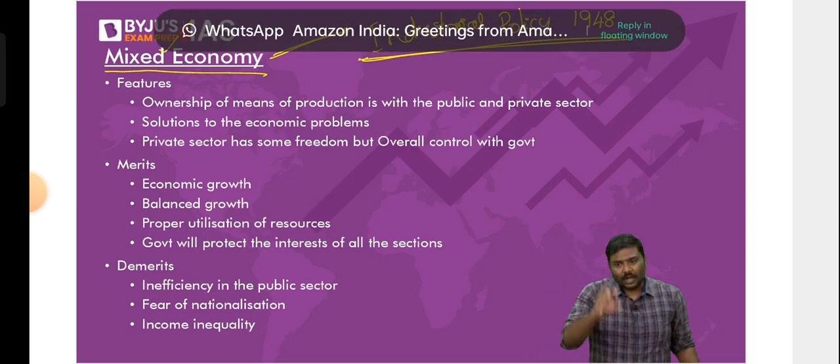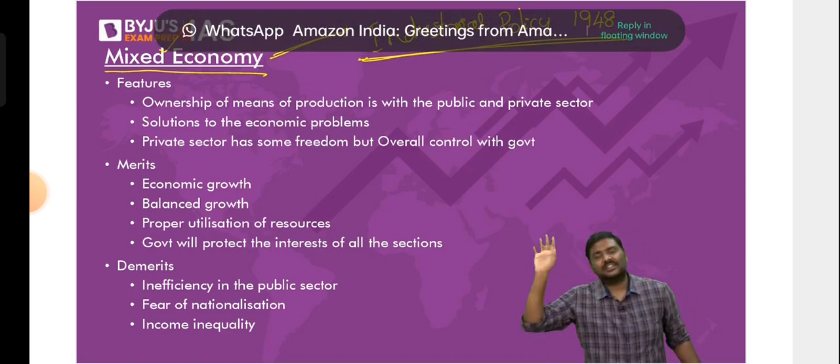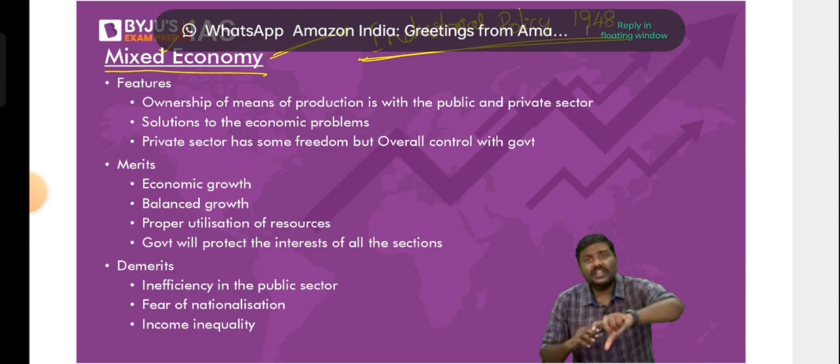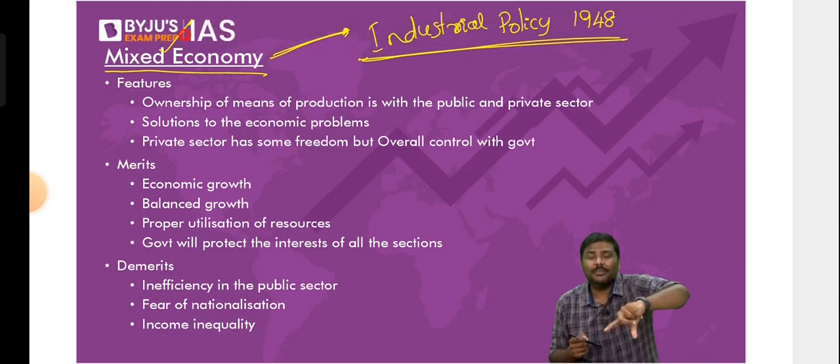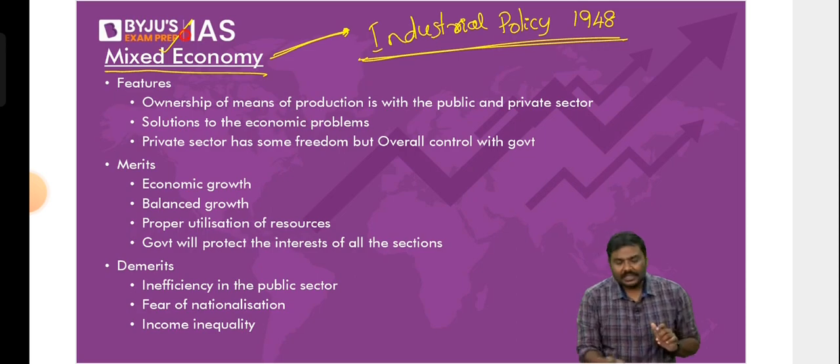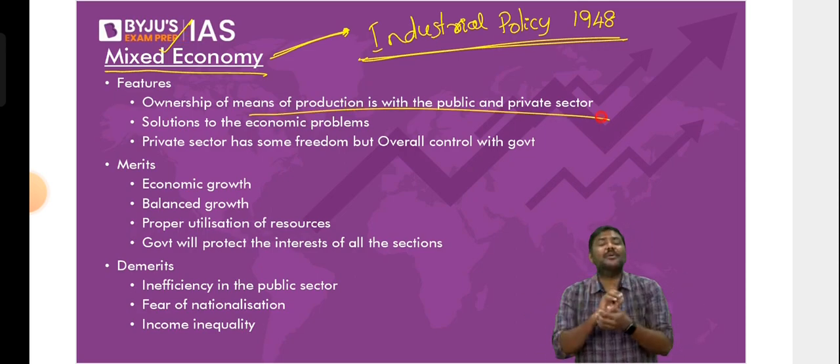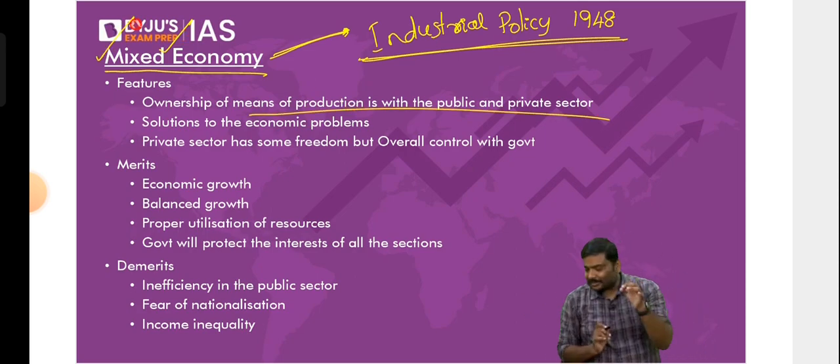In a mixed economy, the government will control some of the factors of production. So does the private sector. That is, the private sector is investing, government is also investing. Private sector is creating employment, government is also creating employment. So whenever in an economy both private sector as well as the government control the factors of production, both of them have ownership of factors of production, that economy is referred to as a mixed economy.